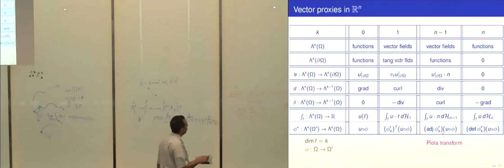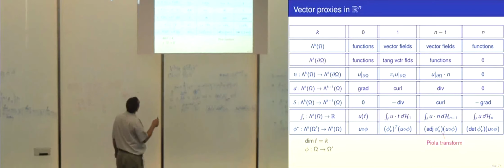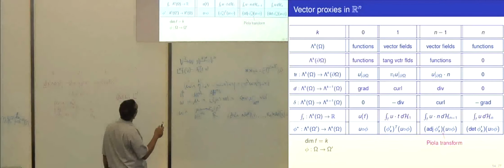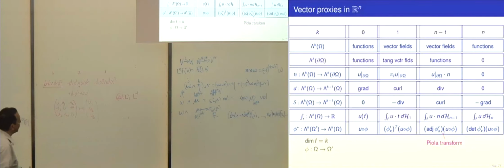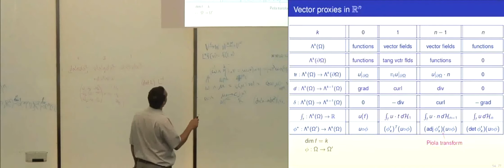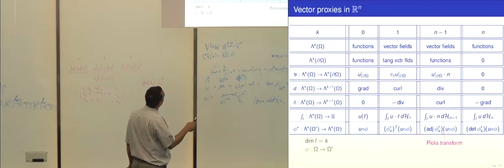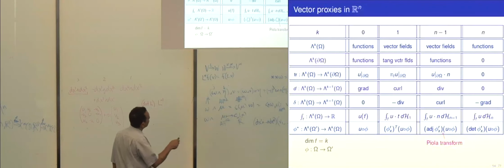Okay, and the integral of a k form over a k-dimensional space being a real number, well, if we have a 0 form, we have to integrate it over a point. We just evaluate the function at the point. Counting measure integral. If we have a 1 form that's a vector field, we have to integrate it over a curve. It's just the integral of the tangent. It's the line integral of u dot t with the one-dimensional Hausdorff measure over that curve.